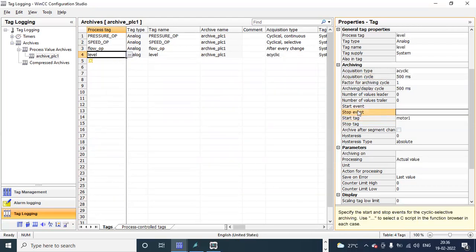When the motor 2 is on, when I'm starting the motor 2, at that time I want to store the data, means what was the value in the level. We are setting this for different options. It is auto save here also. You don't need to click any save button here.